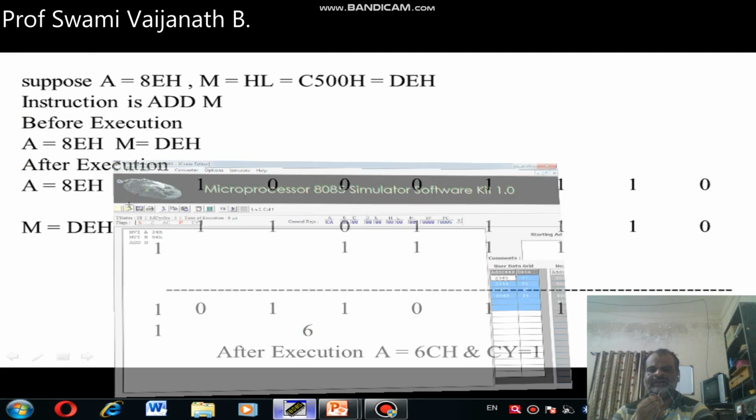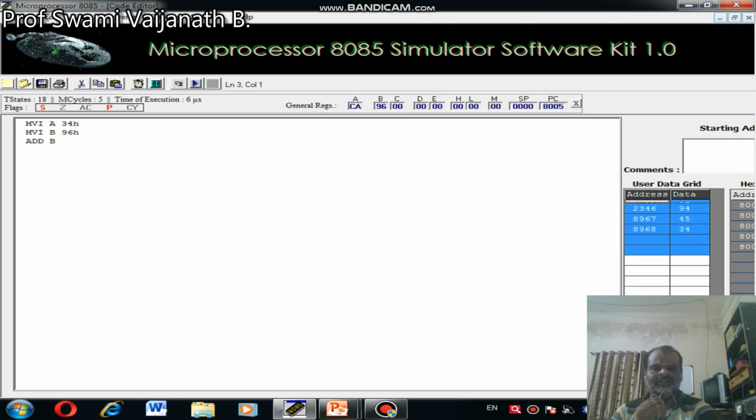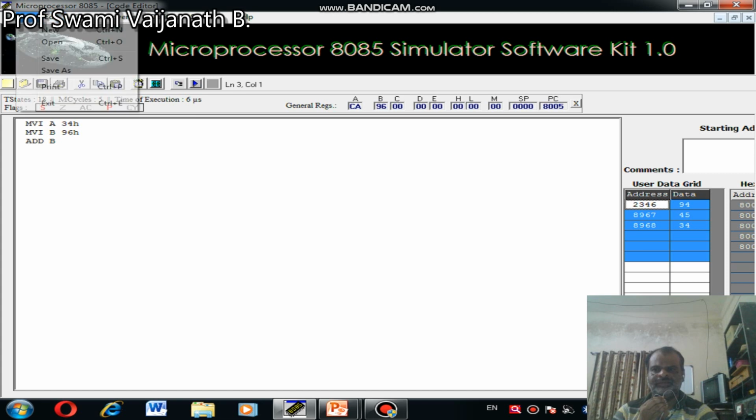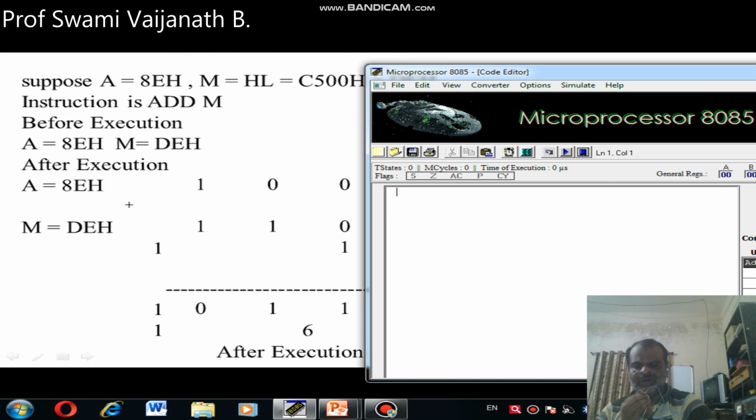See practically, firstly I clear all these things. I give MVI A 8E, then HL is initialized, and in the HL address the data DEH is taken.